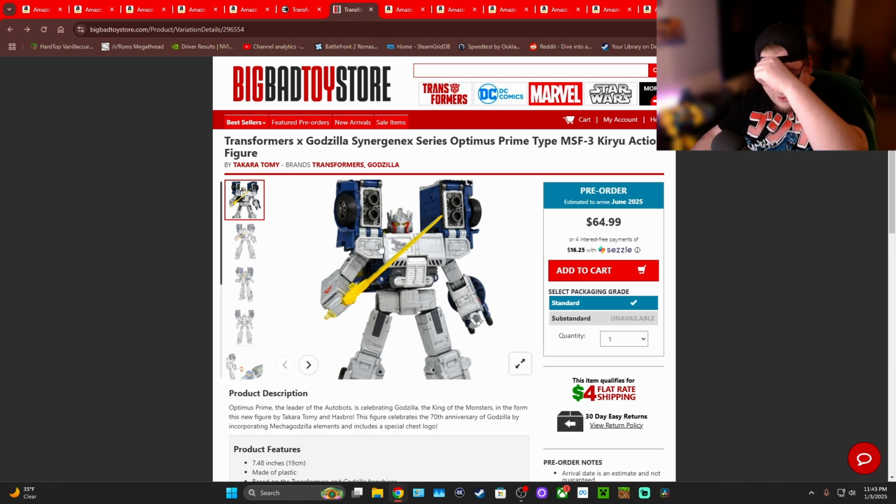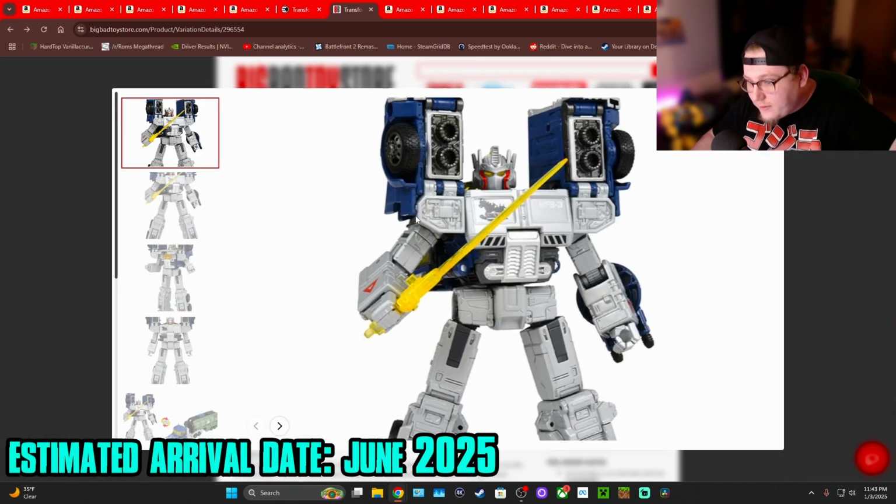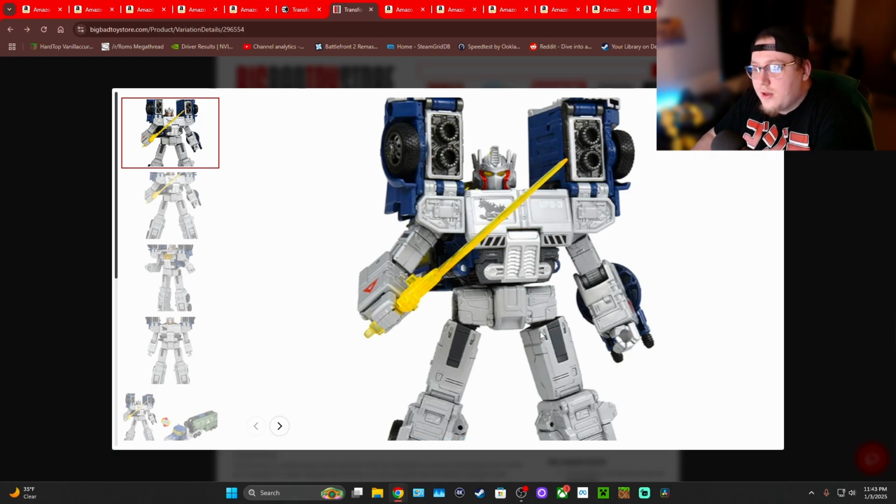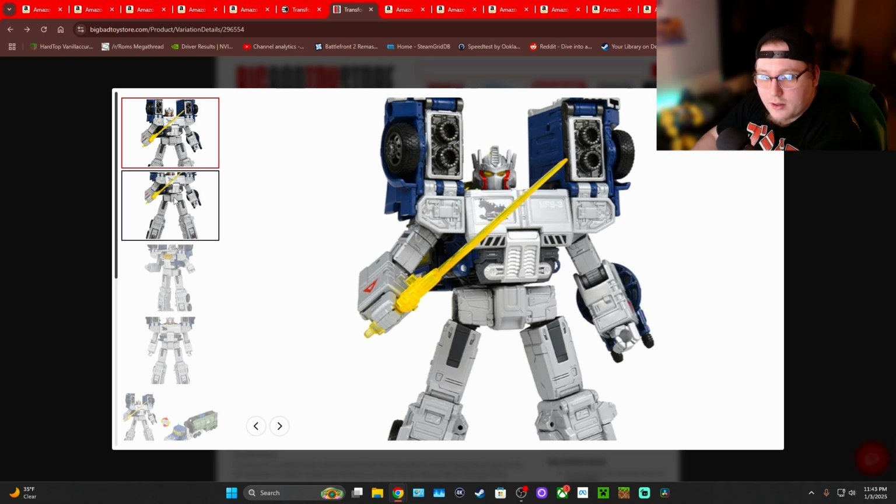Here's the other one I'm getting. Yes, I'm getting the other one. The Kiryu Optimus Prime. I don't have this one, so I'll be happy to get another Optimus Prime that just happens to be a Kiryu. And I love the color scheme, too. Like, I believe this is Gen 2, G2. But I love the color scheme that they did here. With, like, the,